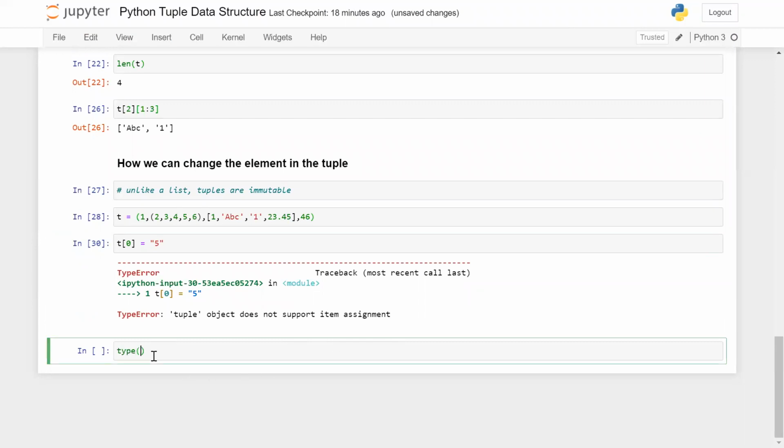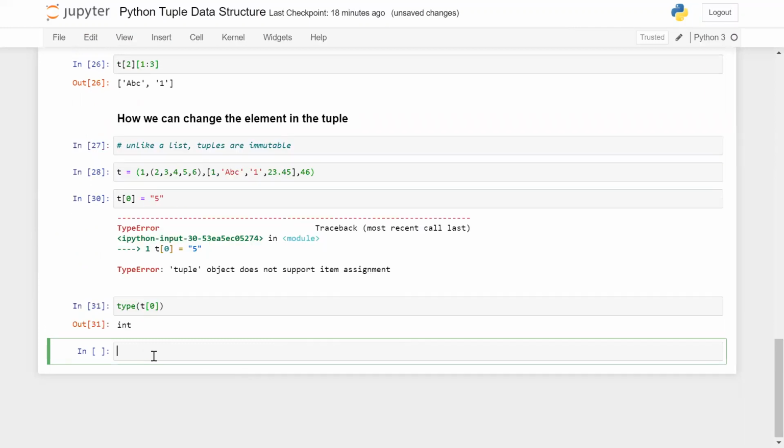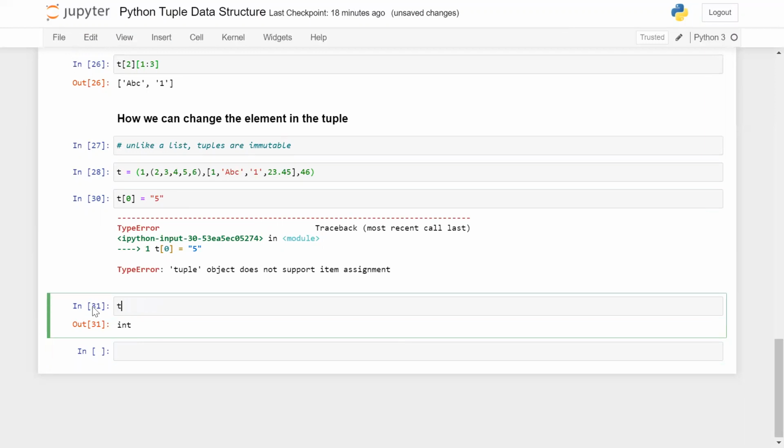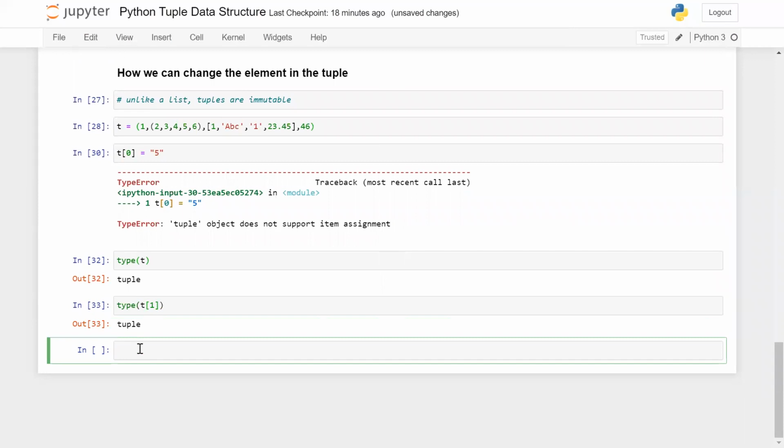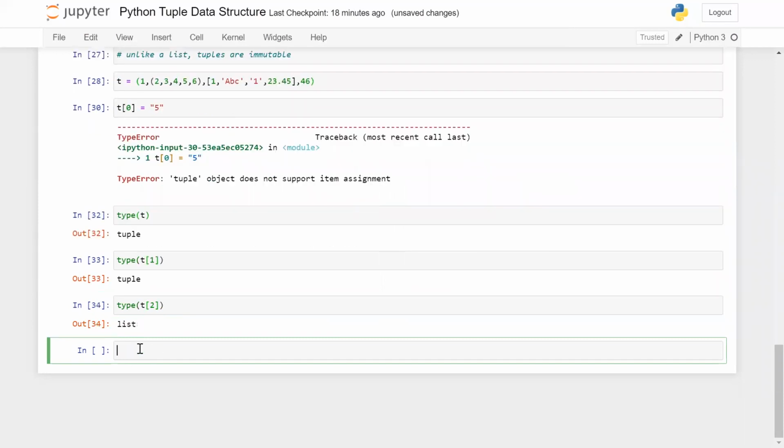The value is an integer, right? The type of t is tuple. Now if I check the type of t of 1, once again it is tuple. If I check the type of t of 2, it is giving me list.